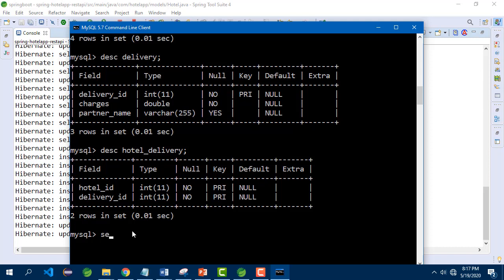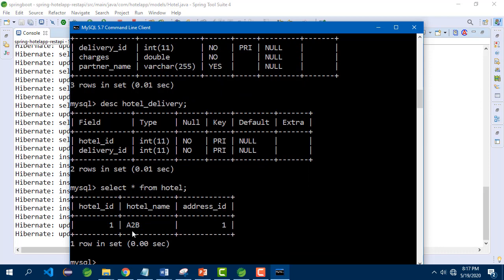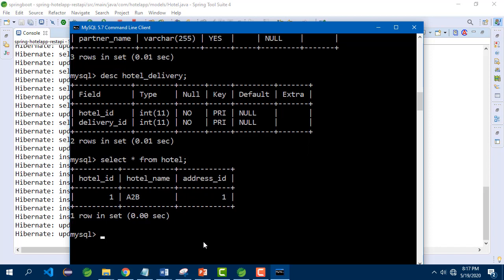We have inserted one value. So let us see that. Select star from hotel. Hotel ID 1, hotel name, address ID. If you want to get the address details, of course you can do the join.